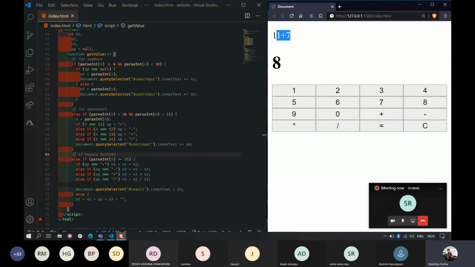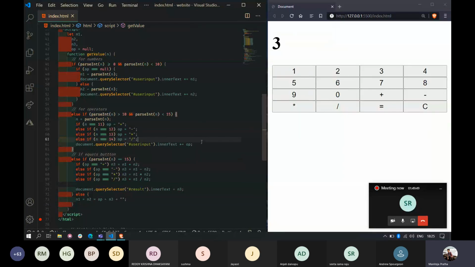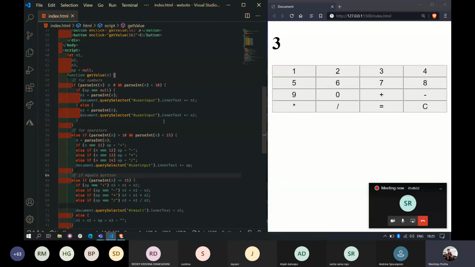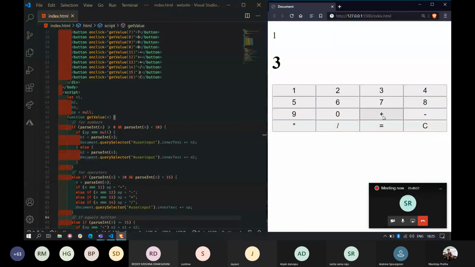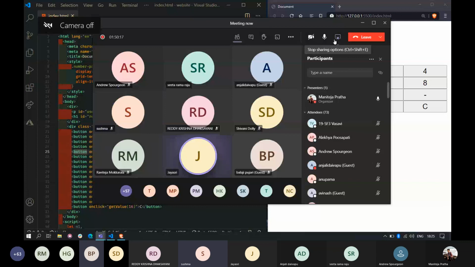But due to the time constraints, it will work for single digits. Okay, 1 plus 7 will be 8. Okay, so this is just the basic one. I hope you understand, everyone, right? Yes, Ananya.